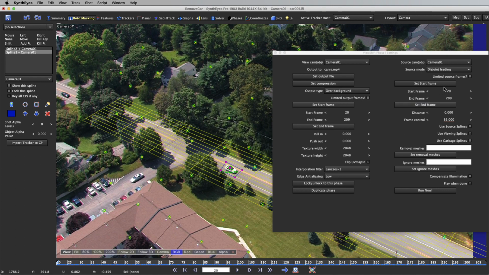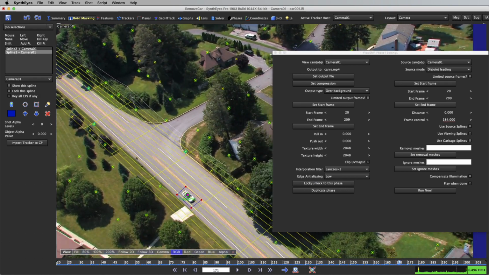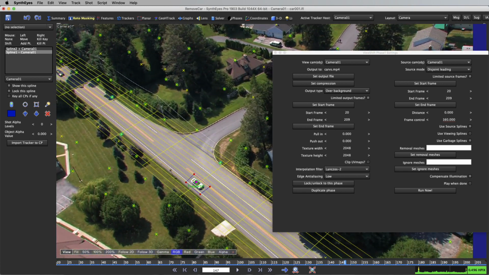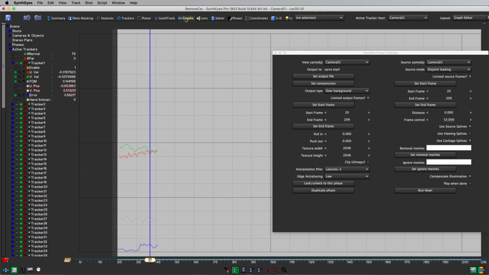Now, after that disjoint mode is used, if you look at the frame control, you'll see that it's animated it up. And it's telling you on each of these frames, for any given viewing frame, what source frame is being used. If you were to switch this to absolute mode here, then it would use that frame control value to drive this process instead. So you can fine tune this manually if you want. And you can also go out